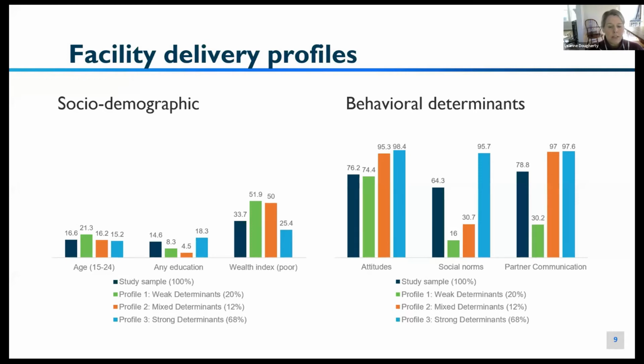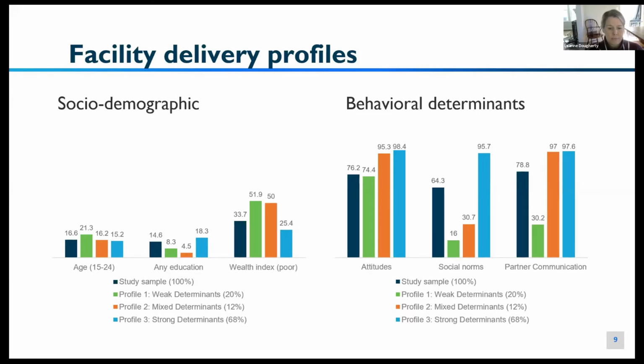The first chart illustrates socio-demographic characteristics. It's a lot of data, so I'm going to highlight some key indicators. First, for age, we see that for the sample overall, the navy blue bar is about 17% of women are between the ages of 15 and 24. But in the weak determinant profile, they are slightly younger, about 21%. For education, we see for the overall sample, about 15% have any education. But for the weak and mixed determinant profiles, this is less than 10%, meaning that they're slightly less educated than